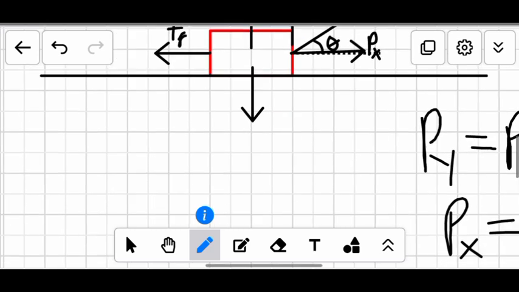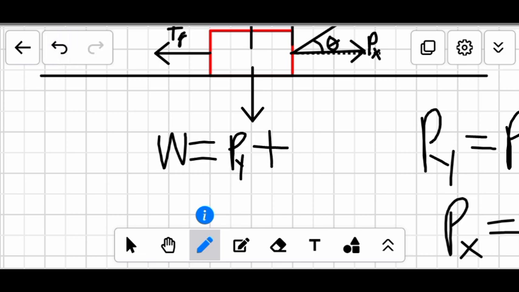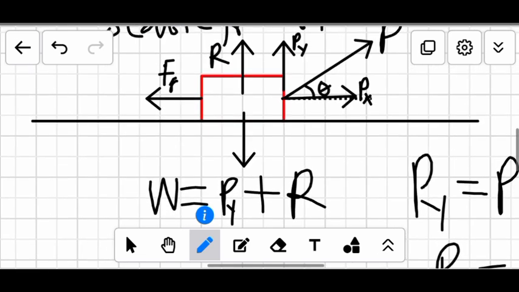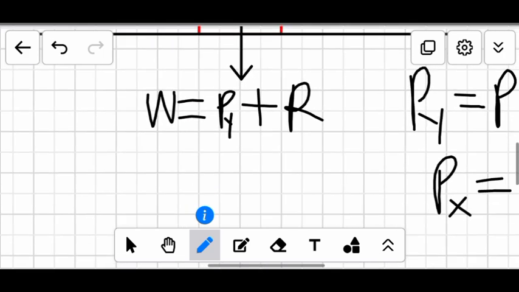So which means the weight of the body now would be the sum of what? Py plus the normal reaction. So looking at this, we have Py plus normal reaction. Then the frictional force would be equal to the horizontal force, that is Px. So you'll be having Px